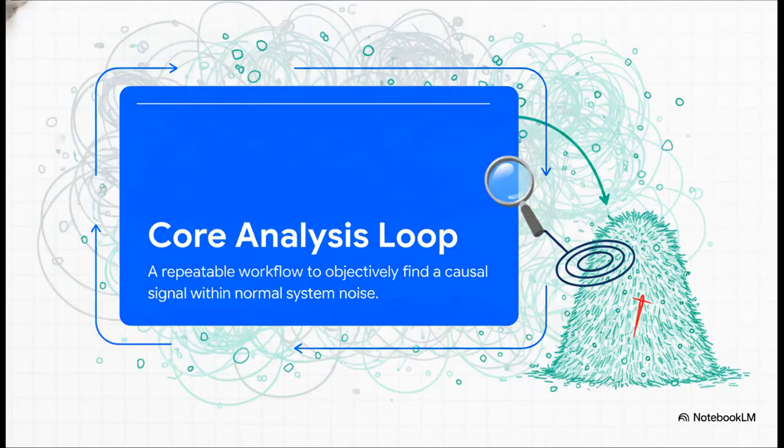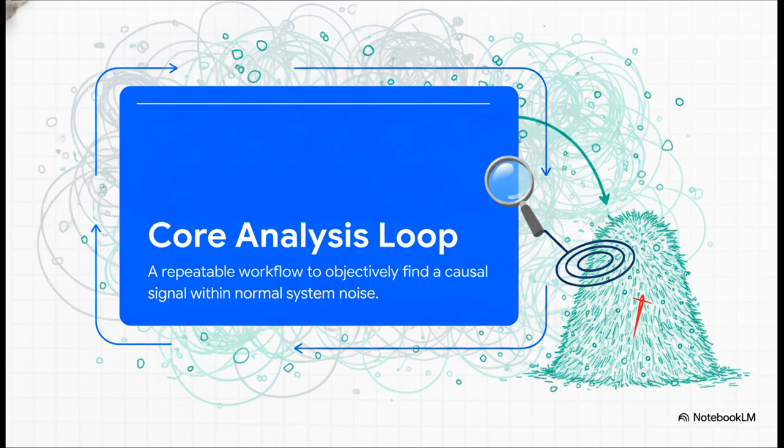By definition, this loop is the thing that allows us to objectively sift through the noise and locate the actual signal, without relying on those pre-existing mental models we just talked about. When an incident happens, you are essentially looking for a needle in a haystack of telemetry. But the huge problem with modern distributed systems is that the haystack is constantly moving, and it's practically shouting at you. Normal system noise is incredibly chaotic.